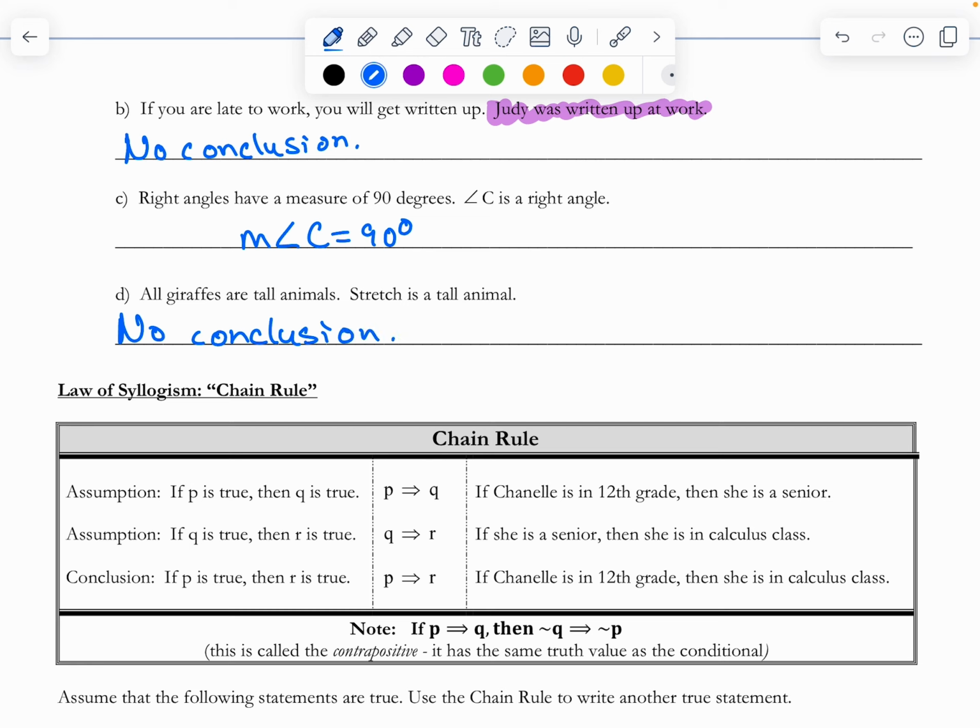Stretch could be an elephant. It could be another tall animal. What's another